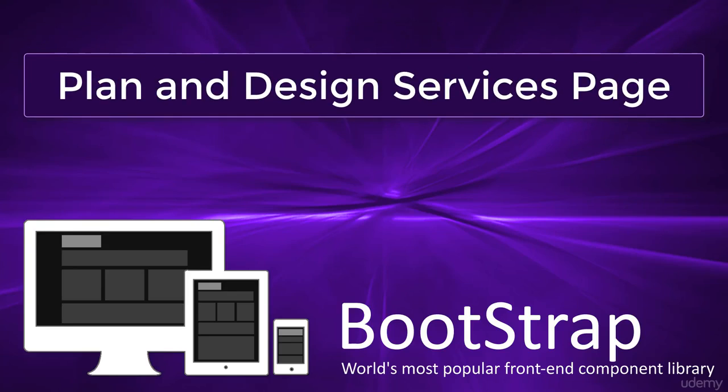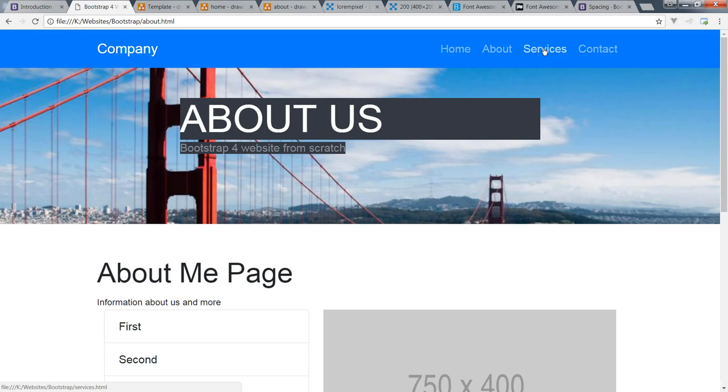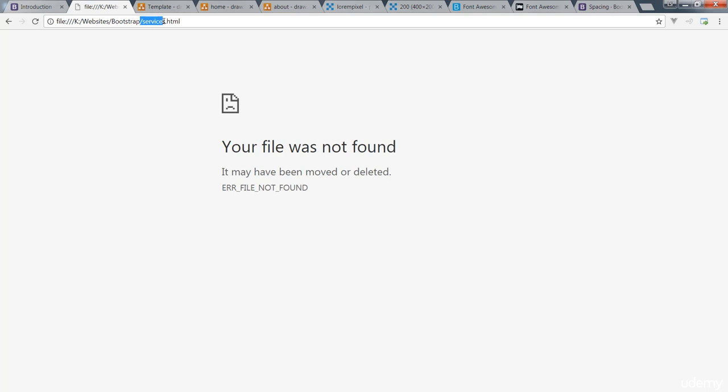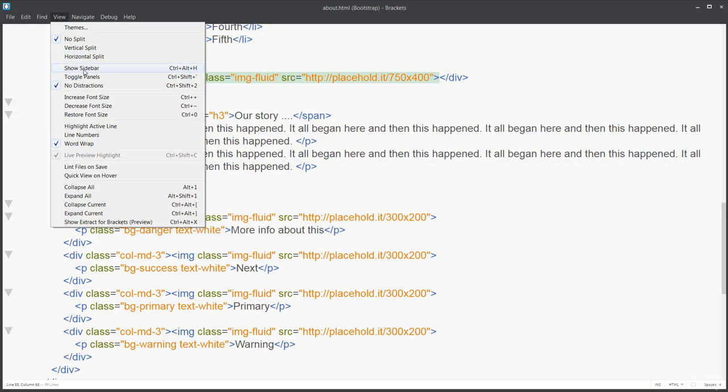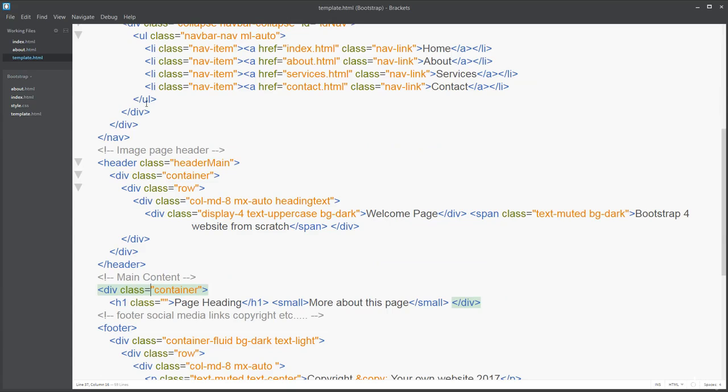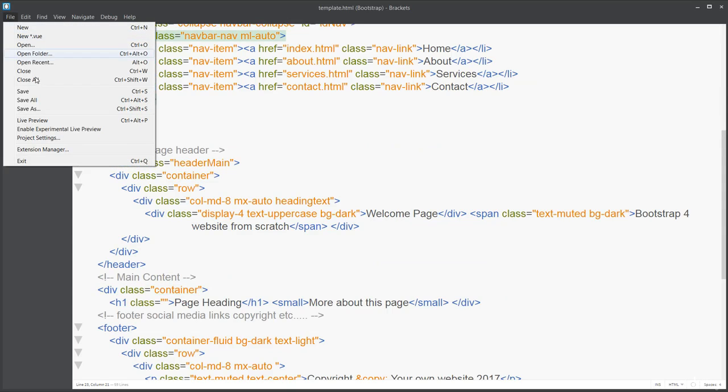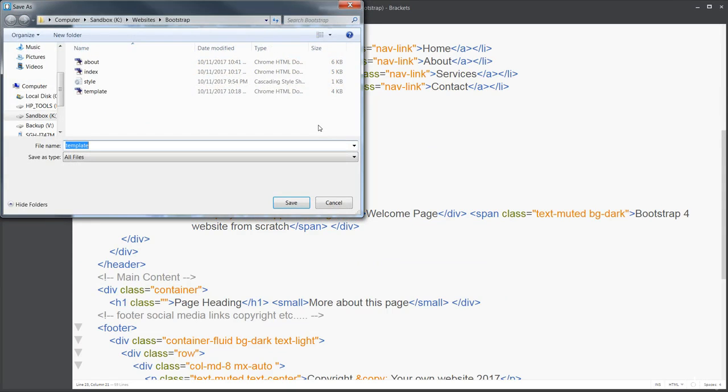Welcome back. In the previous lessons, we've built out the home page, we've built out the about page, and next let's work on the services page. So we can do the same thing that we did earlier for the other two pages. We can go into our project here, open up template and save template. So just simply save template as